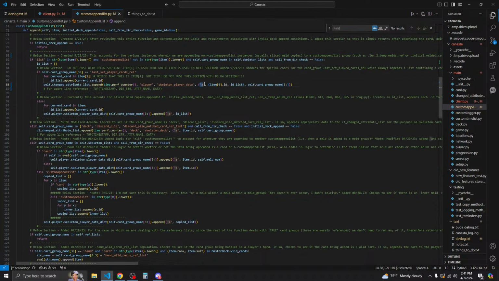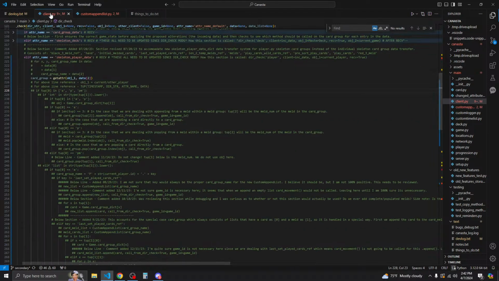Yeah, data 0, because this is timestamp, dir string, adder name, and then data. So data at index 0 is going to be data.